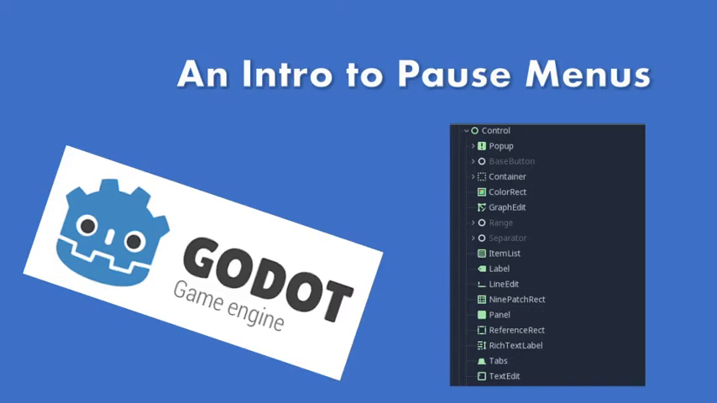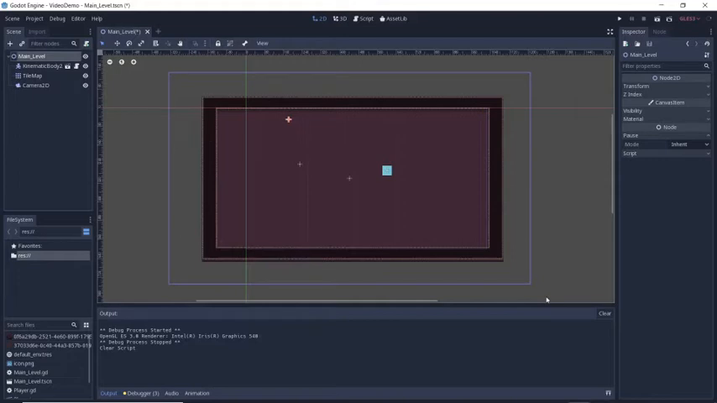Let's go ahead and try to make our own pause menu. This will require creating a GUI and also pausing the game while it's playing. Let's do that. Now that we're back in our original project, we're going to have to figure out how to